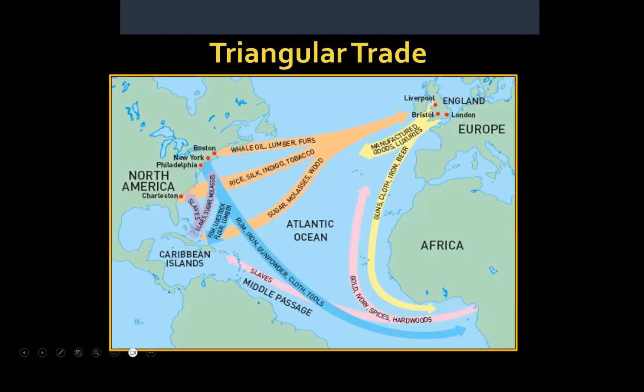And that leads to the triangular trade. You probably heard about this, where you bring slaves from Africa to the Caribbean and Americas. You bring sugarcane and tobacco and other things that they produce back to Europe, and then they bring manufactured goods back to Africa. But it's a much more complex trade than just three tiers.